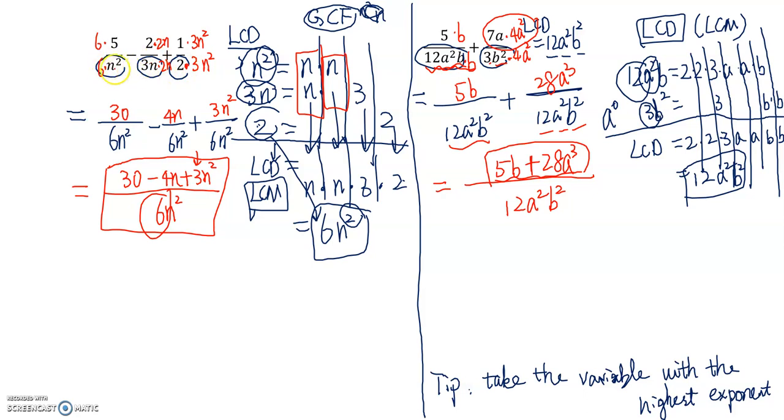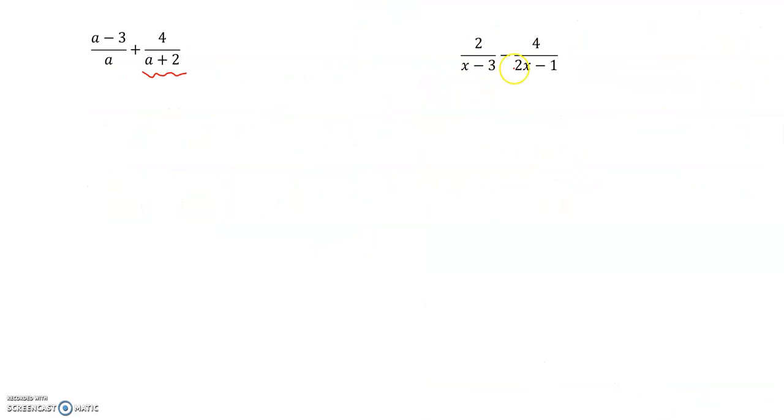So in each denominator, there's not a plus or minus, or there's no more than 2 terms. We only have one single term, which we call a monomial. And the same here, 12 times. So we didn't have a plus in the denominator. But in the rest of the examples, you will see a plus 2, x minus 3, 2x minus 1. So there's always a plus or minus in the denominator, which makes it a binomial, 2 terms. But when we look for the LCD,